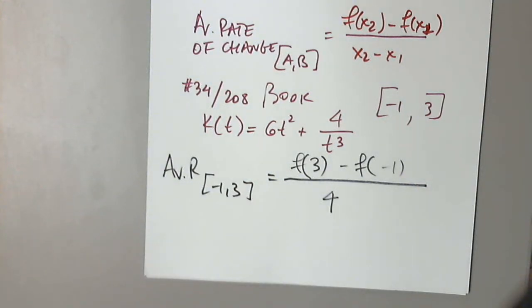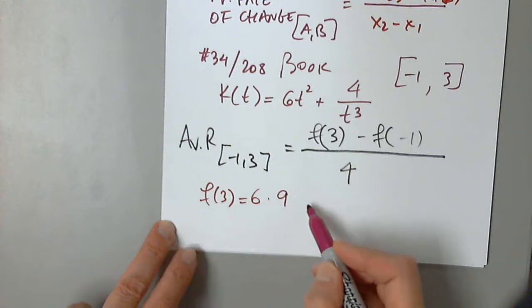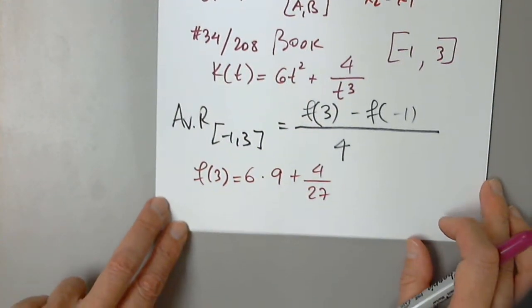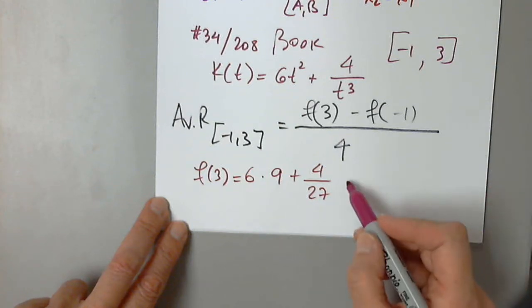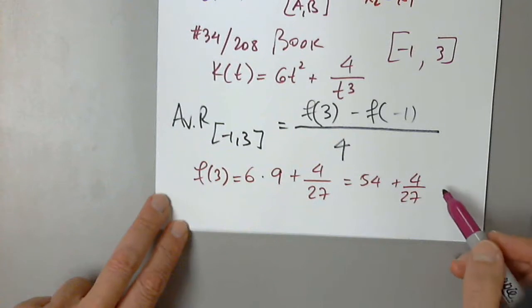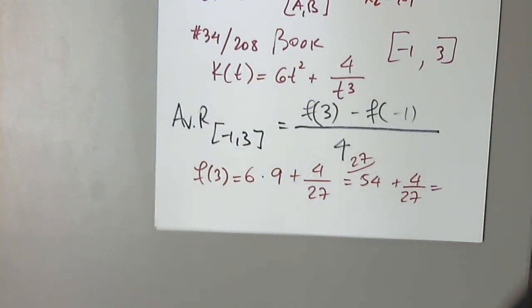So what we have to do then, I have to find f of 3, which is 6 times 9 plus 4 divided by 27. So 54 plus 4 over 27. Have to multiply 27 by 54 and add 4. And